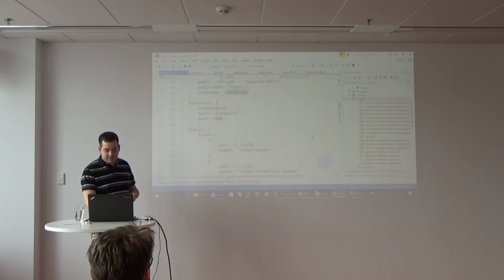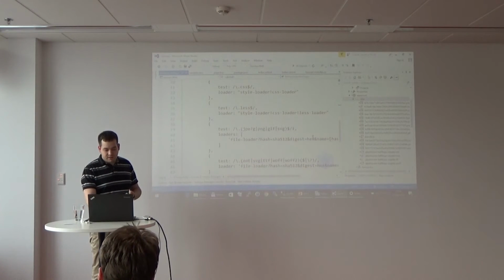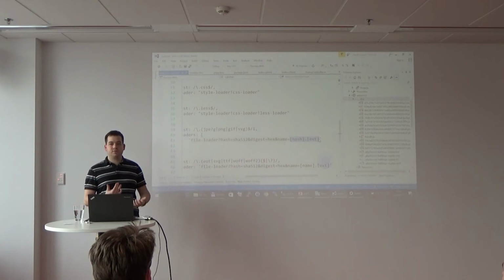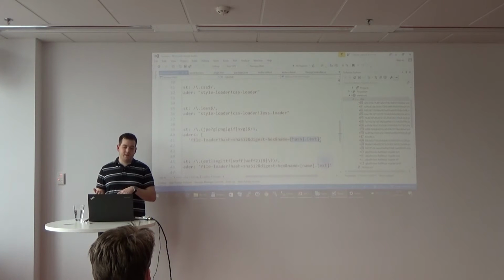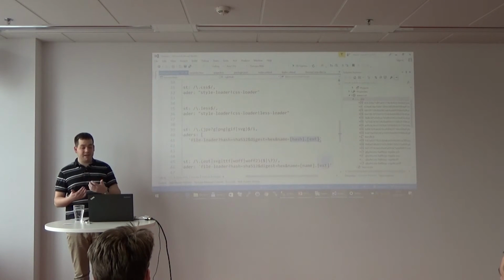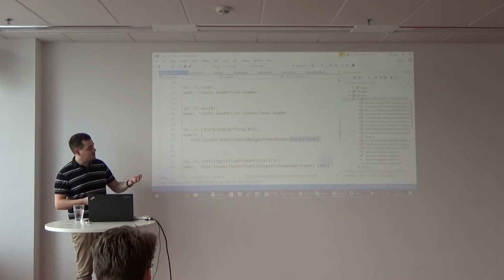I defined that if there's some image file, it will create the file based on the hash of the file.